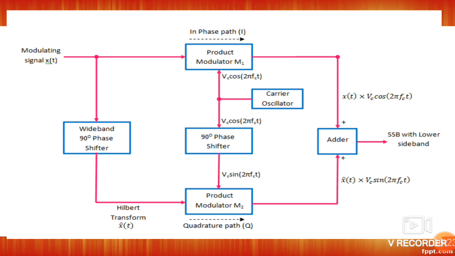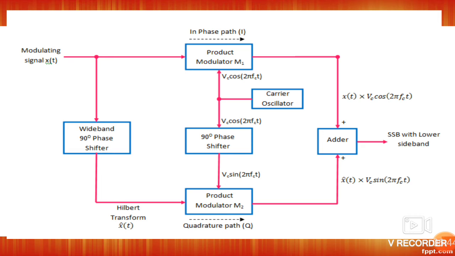Here the sidebands which are not needed can be cancelled by using this phase shift method. This uses the technique called phase cancellation or sideband cancellation. The modulating signal x of t is given as the input of the product modulator, and